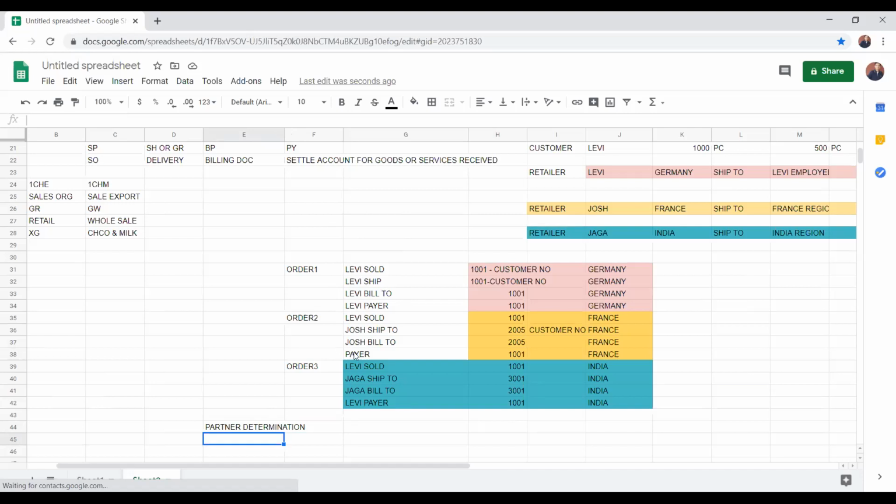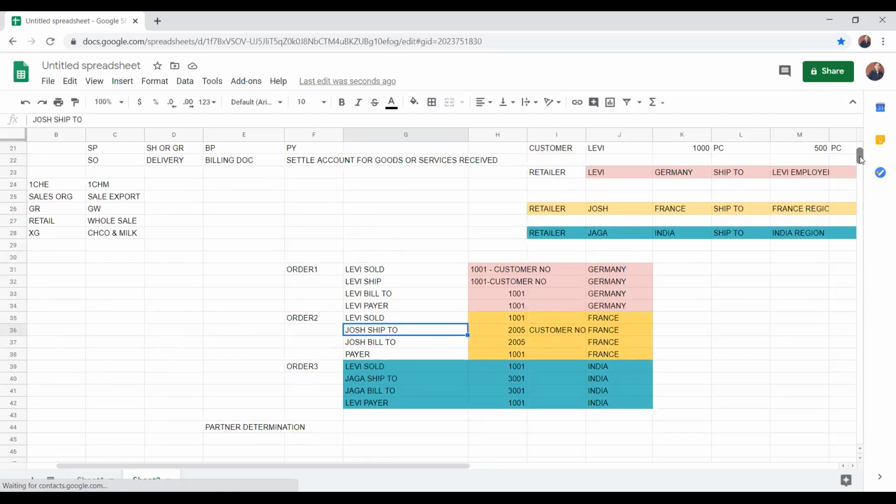What kind of partners do I want for order three? When I want to send to India, I cannot select Josh. When I want to send to France, I cannot select Levi as ship to. I should select Josh as ship to for France. Understood, right? With this example.